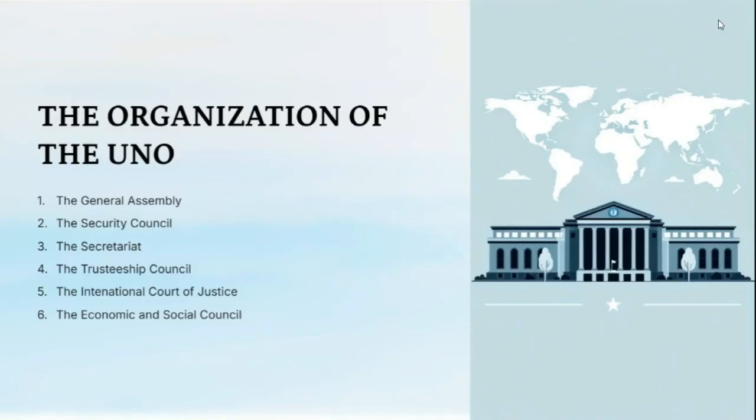They also have veto power. Each of the 5 permanent members of the Security Council has a veto. They have veto power. They can say no. The veto is a no. They can say, oh, we don't want it, and it will stand. So that's the Security Council. They are more powerful. Then we have the Secretariat, of course.